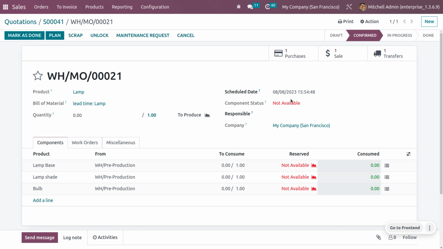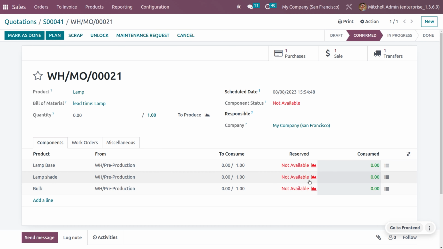we are confirming the order, which is on 2nd August 2023. So it takes 6 days to start the manufacturing, which will be 2nd of August plus 6 days, that is 8th of August 2023. So the manufacturing will be starting on 8th of August, which is shown as the schedule date. But